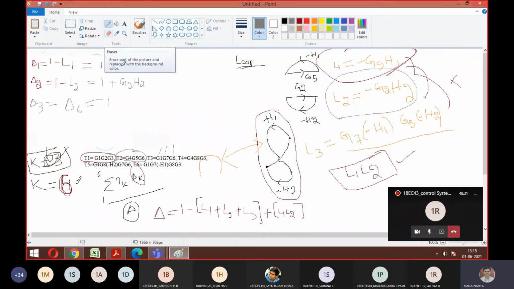So if you're able to get this much, then everything is dumped in this formula, that's all. So I told you to expand this, right? So T1 delta 1: T1 answer is G1, G2, G3 and delta 1 answer is this. Multiply this, plus T2 is this, multiplied by this answer. Then T3, T4, T6 remain the same because all the values remain 1 only. Whole divided by delta answer, what you got? This one. That will conclude the problem of transfer function to get C of S by R of S. Is it okay till here, everyone?